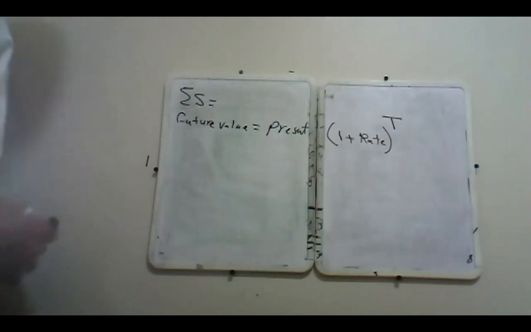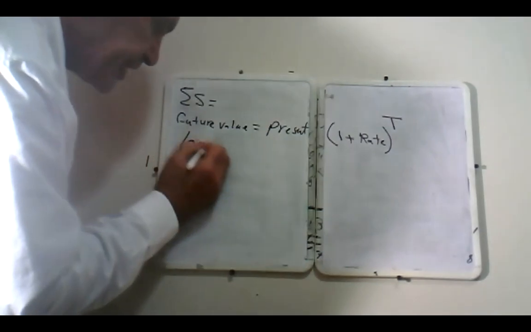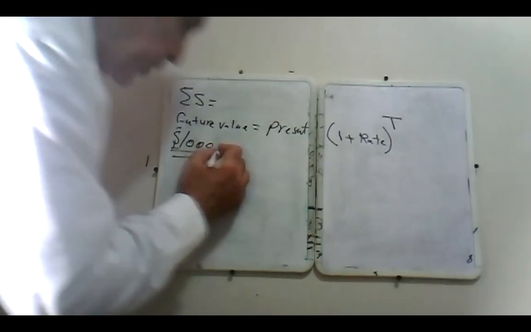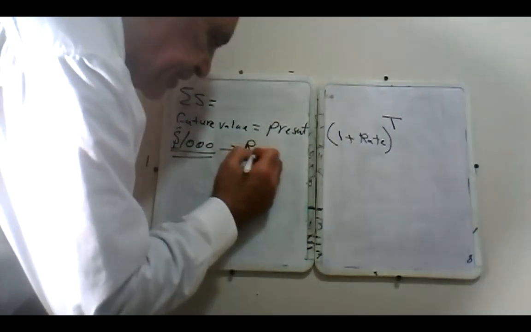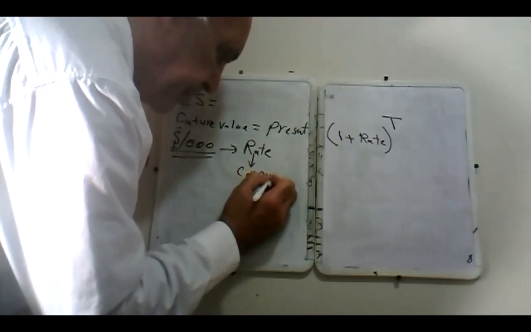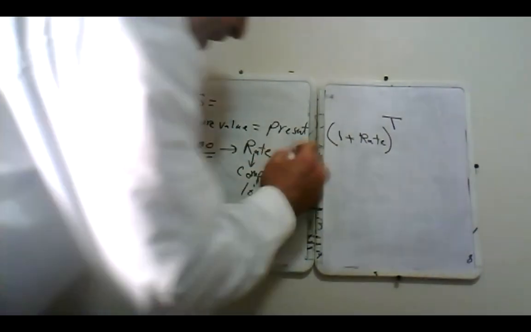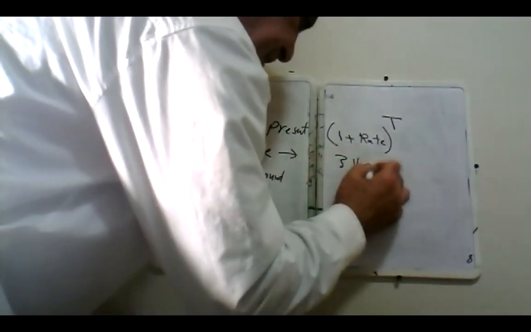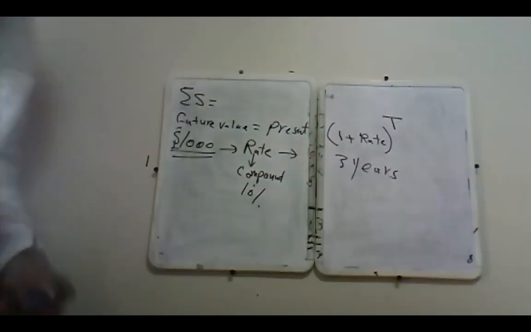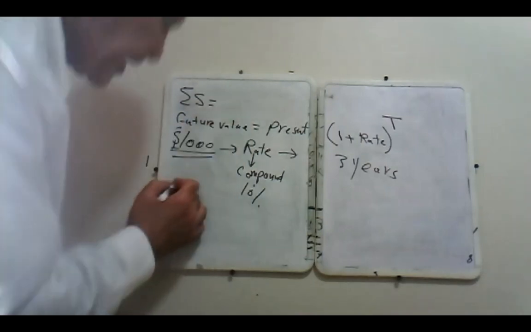Let's say, as an example, we have an amount of $1,000 that will be invested with a compound rate of 10% for a period of 3 years. In that case, if I want to get the future amount, which we will call S,